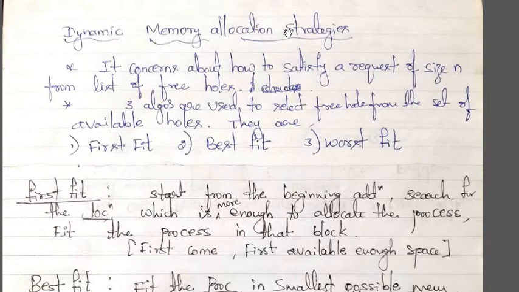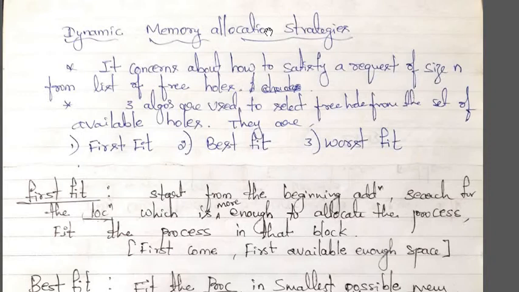So in the previous videos we got to know what the two major tasks of memory management are. One was memory allocation, the second task was address translation. Under memory allocation, once the process is brought from the secondary memory to the main memory, how the physical addresses can be allocated for the process was discussed. There are two ways in which we could allocate the memory for the processes.